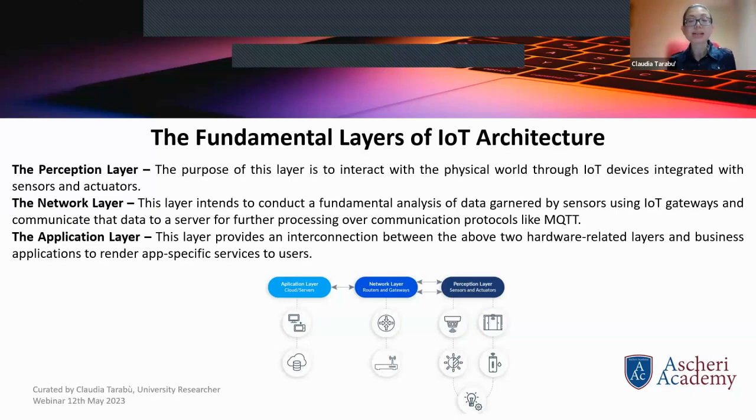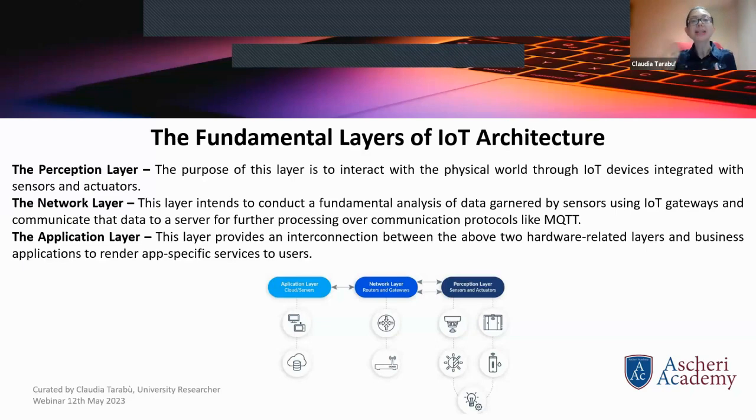The purpose of this layer is to interact with the physical world through the IoT devices, so the electronic devices integrated with sensors and actuators. The second level, the second echelon of this entire structure that we have to reckon with is the layer that intends to conduct a fundamental, a primary analysis of data gathered by sensors, using IoT gateways, and in this way